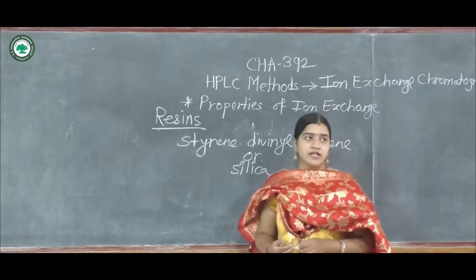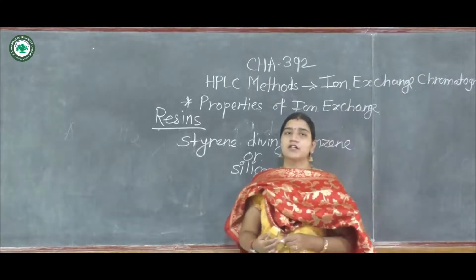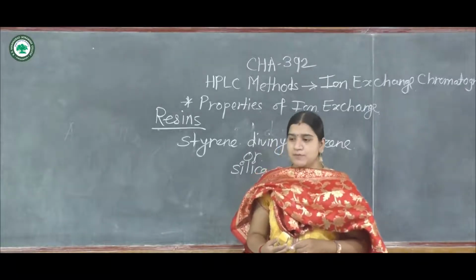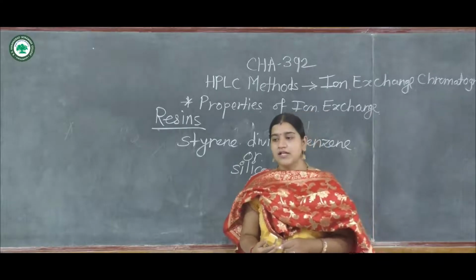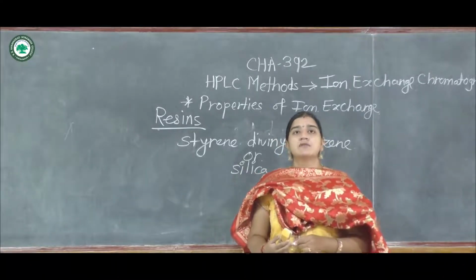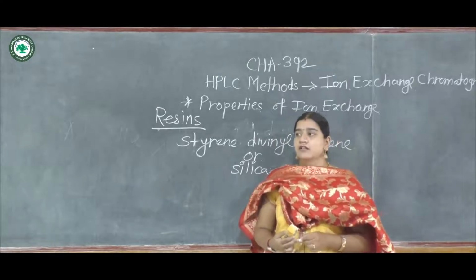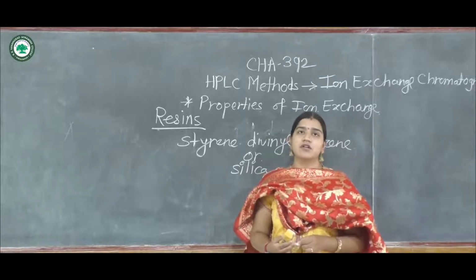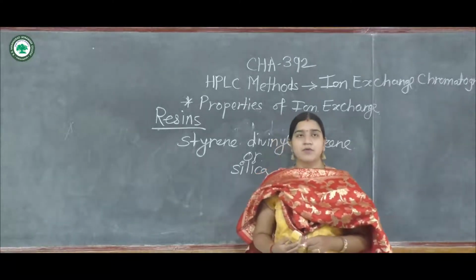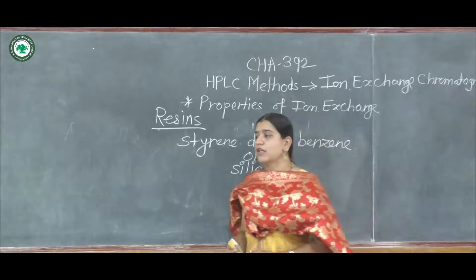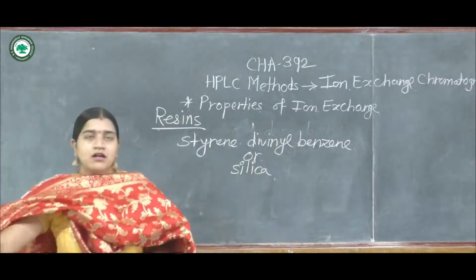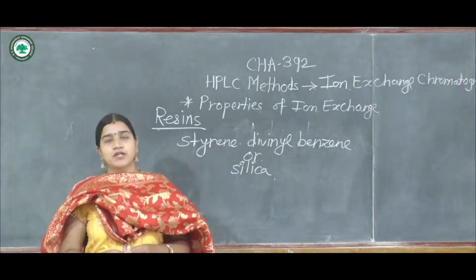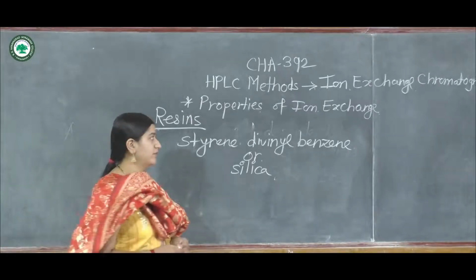Along with the choice of cation exchanger, anion exchanger, and the resin material, it is very necessary to adjust the pH. As far as pH is concerned, you can do the analysis of weak acids and weak bases, because the ion exchange material can work in the 2 to 8 pH range, but for strongly acidic and strongly basic conditions, you cannot use the ion exchange material. Hence, for the strong acids and strong bases, it is not suitable to use ion exchange chromatography.